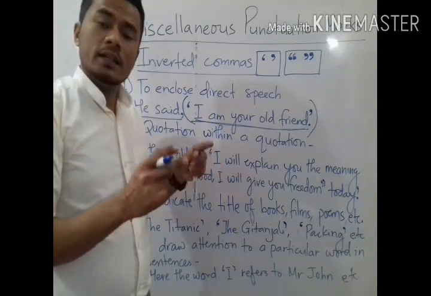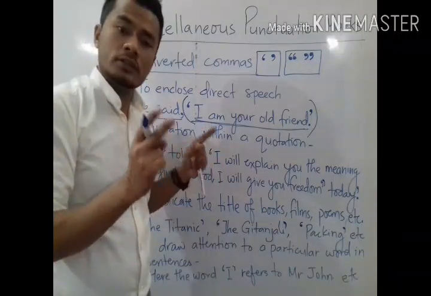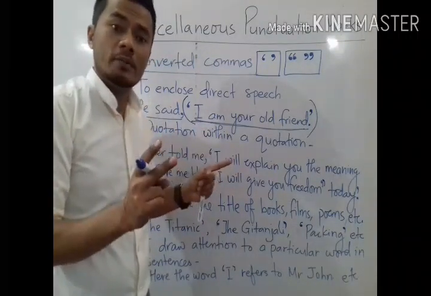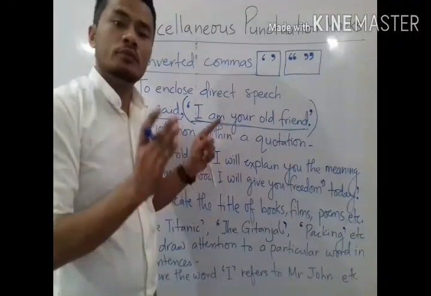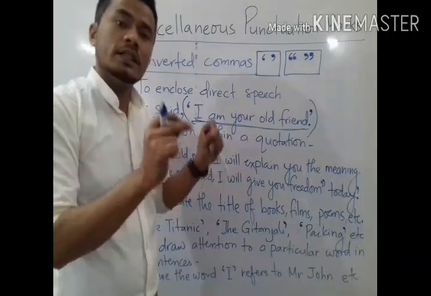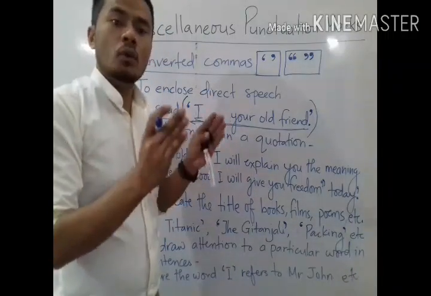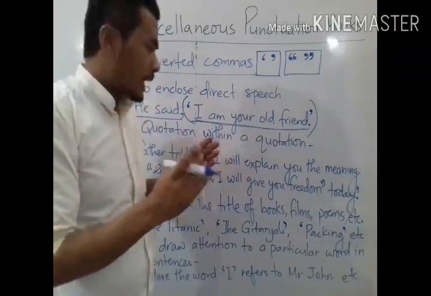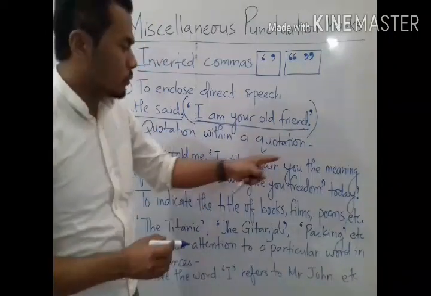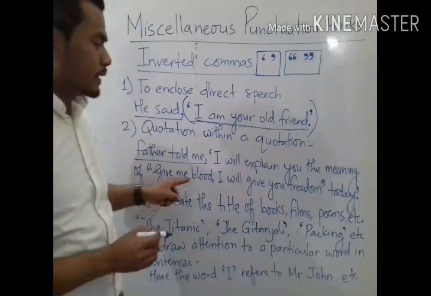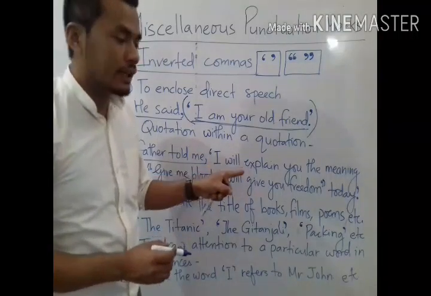In the first quotation we have to use single inverted comma, then another quotation which we have inside the first quotation we have to use double inverted comma, like here, 'Father told me, now I will explain you the meaning of